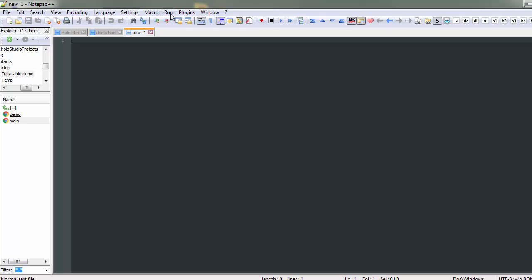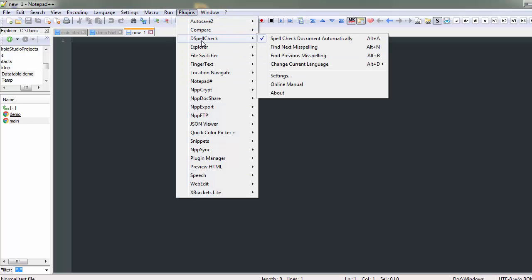The software I'm using for this is Notepad++. It's very light programming software for web development. Probably you can try it if you don't have it. You can Google for the same. Let's start. And one more thing I need to say, Notepad++ has a plugins feature where you can download